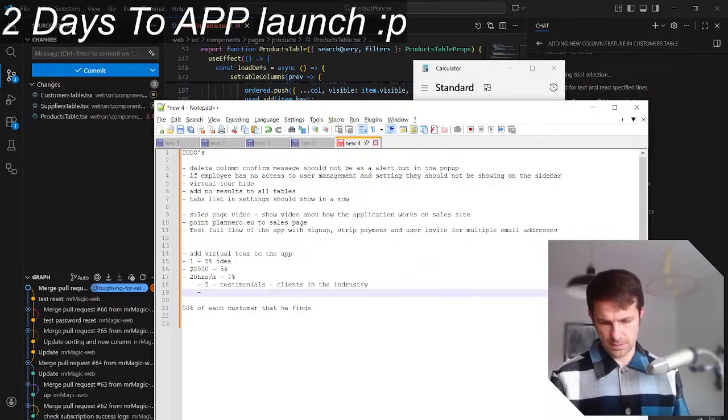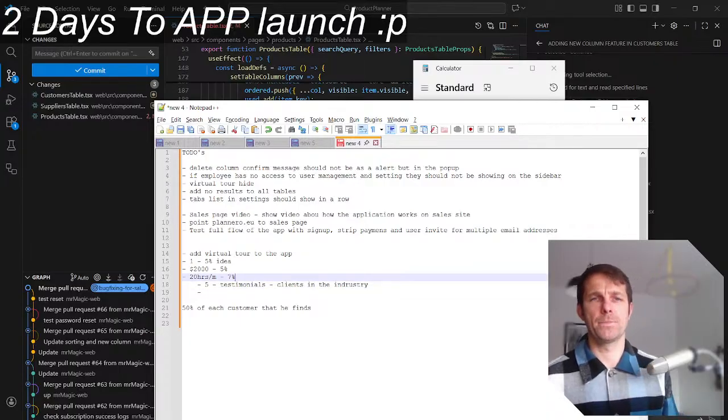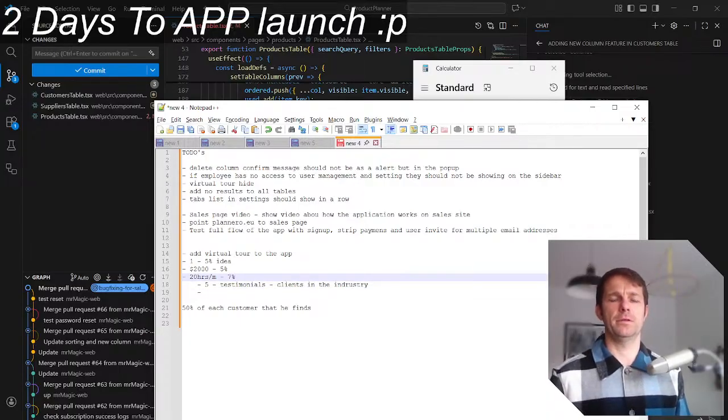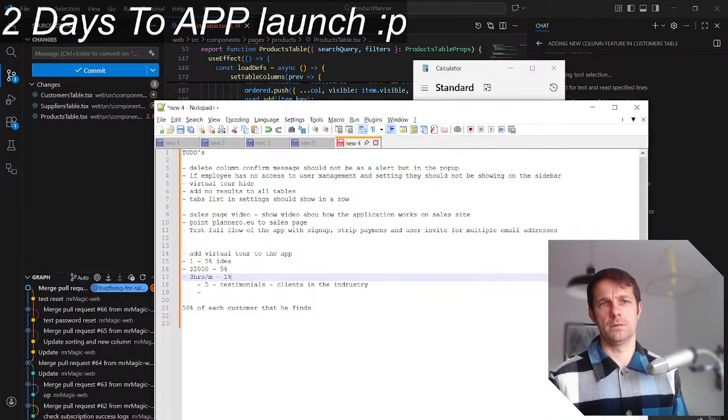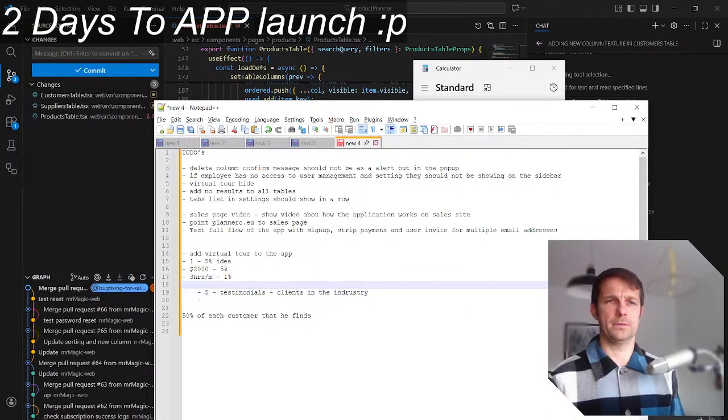$20 hours per month, and for double that, each 3 hours per month is worth 1%.